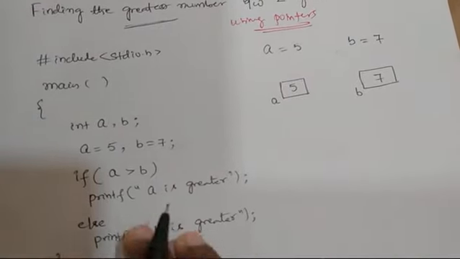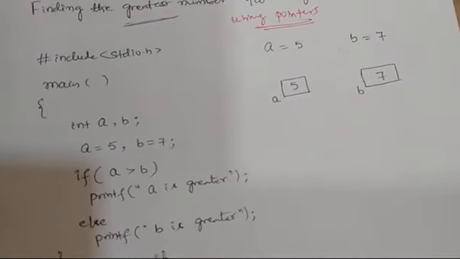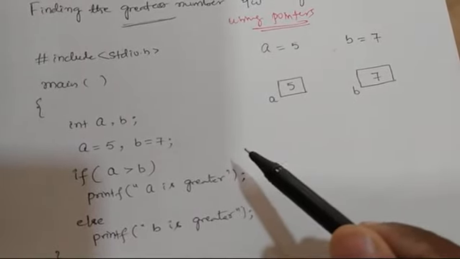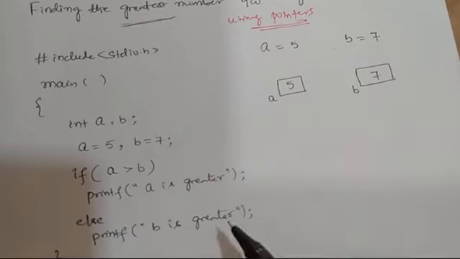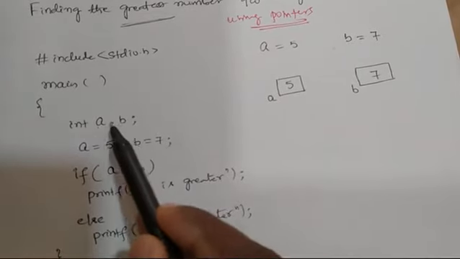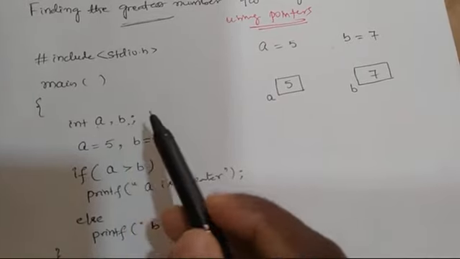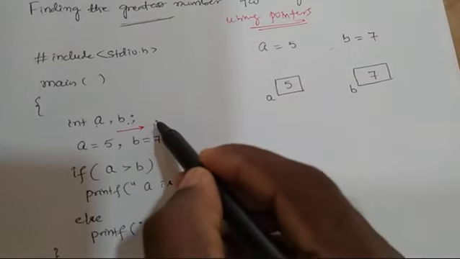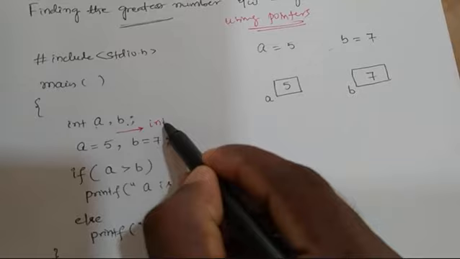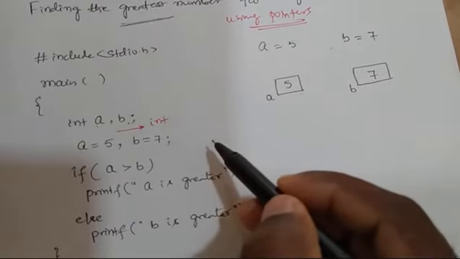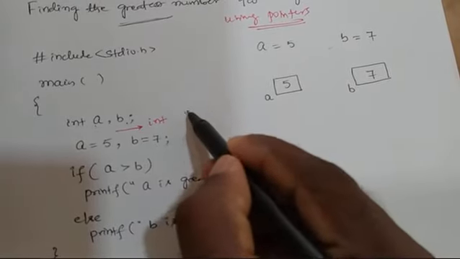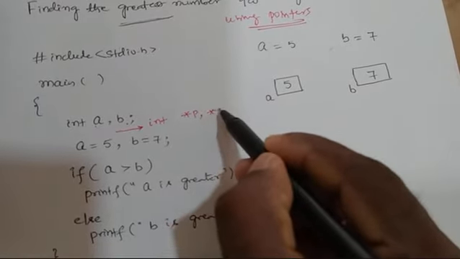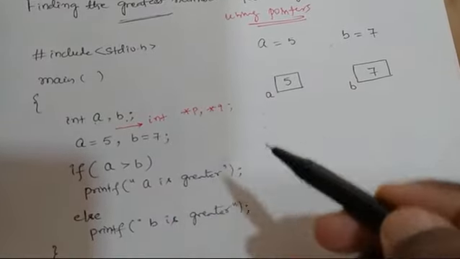See, the same program as it is, but we have to use pointers. So using pointers, we have to declare pointers. How we declare the variables, the same way we have to declare pointers also. So I am declaring like this. I am taking p comma q as two pointer variables. Therefore, int star p comma int star q, in a single line it is possible to declare.